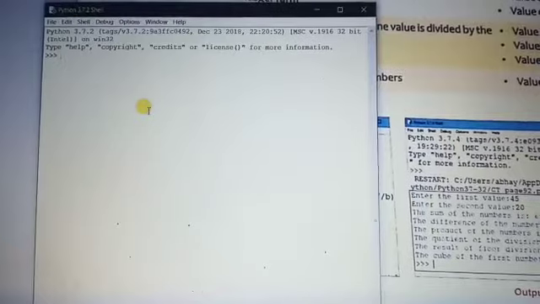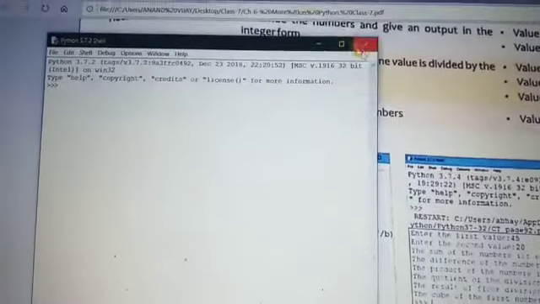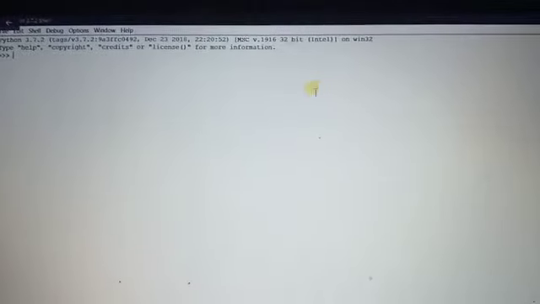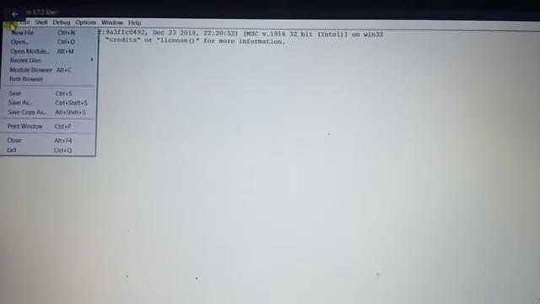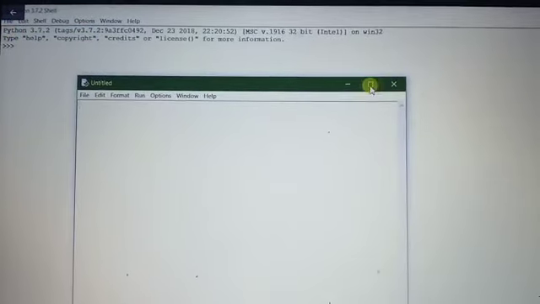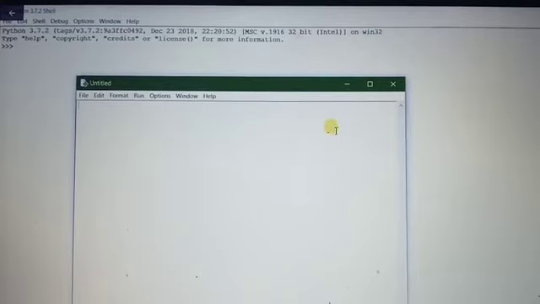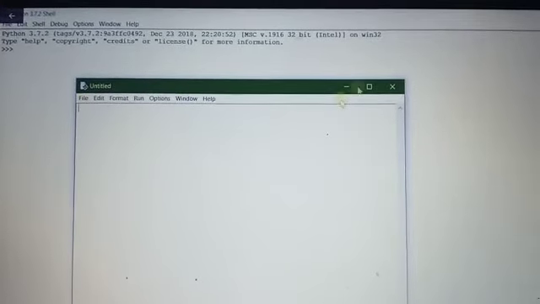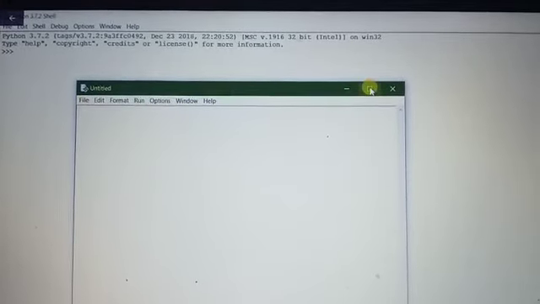Now the Python 3.7.2 shell is open on my screen. I enlarge it. After that we click on the New File option. This is the edit mode option. The new file is the edit mode, and we can enlarge it also. This one is the script mode.